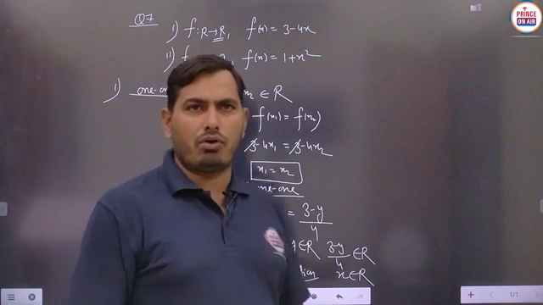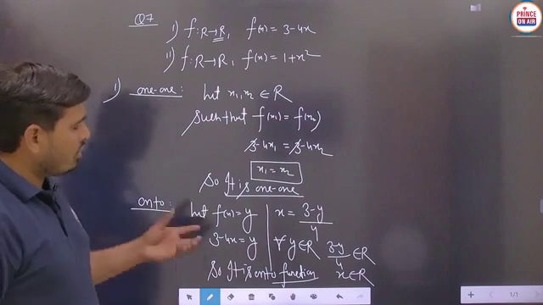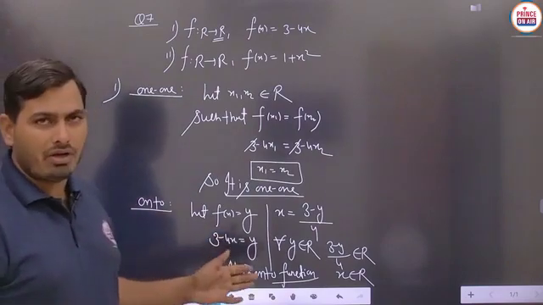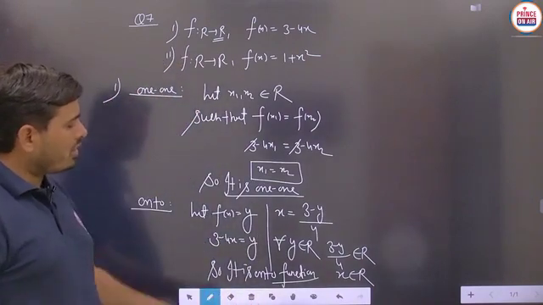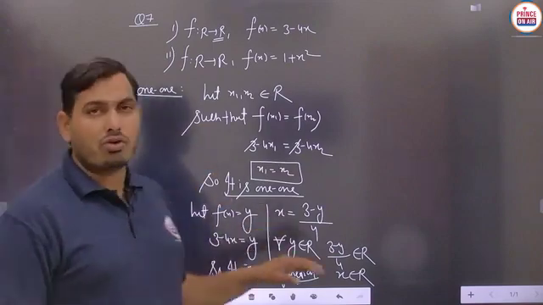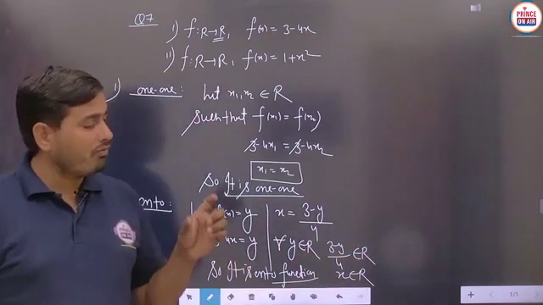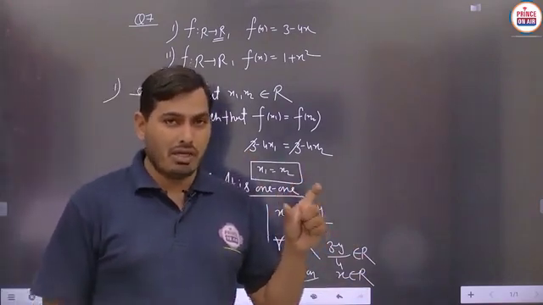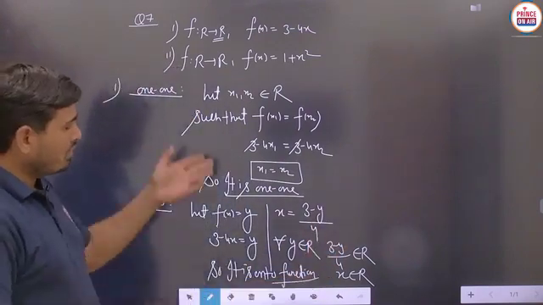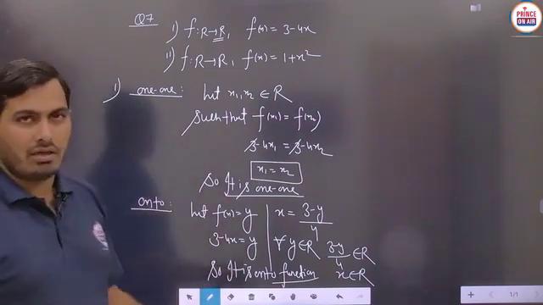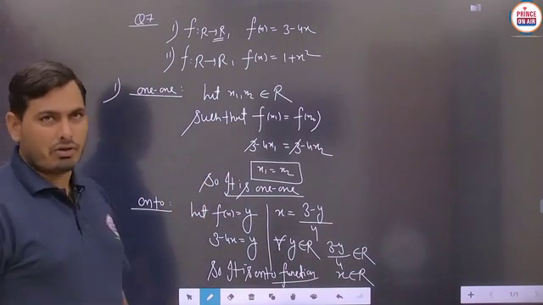So there should be no problem to understand this concept, whether the given function is one-one or not, onto or not. Means you can say that this function is not many-one and not into. Is it to be clear? And one more important part, you can say that this particular function is said to be a bijective function also. In the case of bijective, we have to see the previous theory part. Any function that is both one-one and onto is said to be bijective. Is it to be clear? So this particular function will satisfy both the conditions. Means this is one-one as well as onto, then it is always said to be a bijective function also. Is it to be clear?